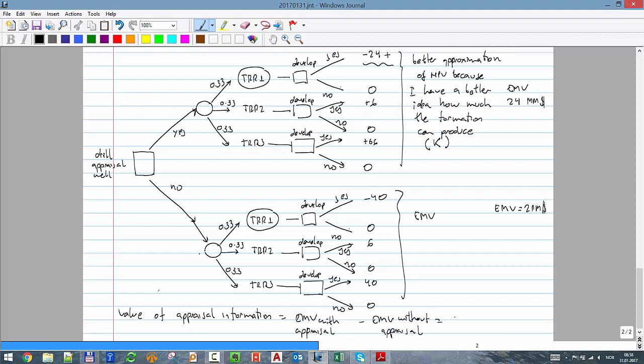And that gives me 22. Okay. So that difference in the tree, that's kind of an economical indicator that we assign to that particular